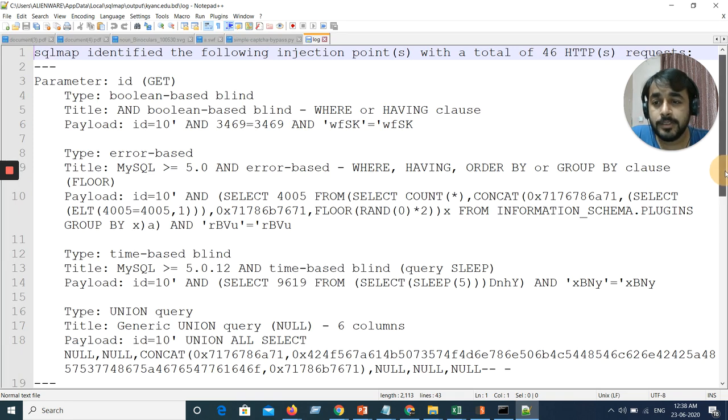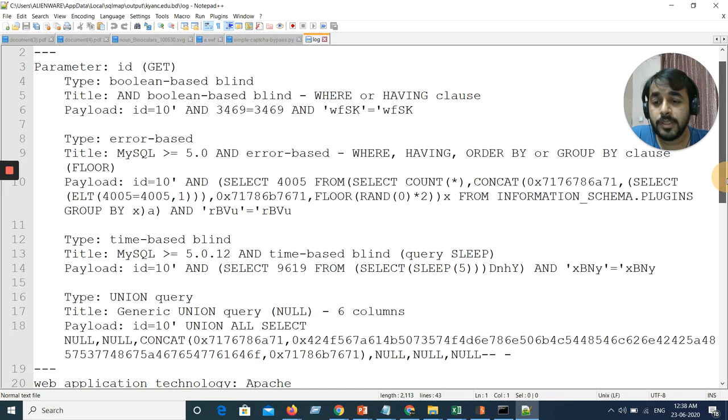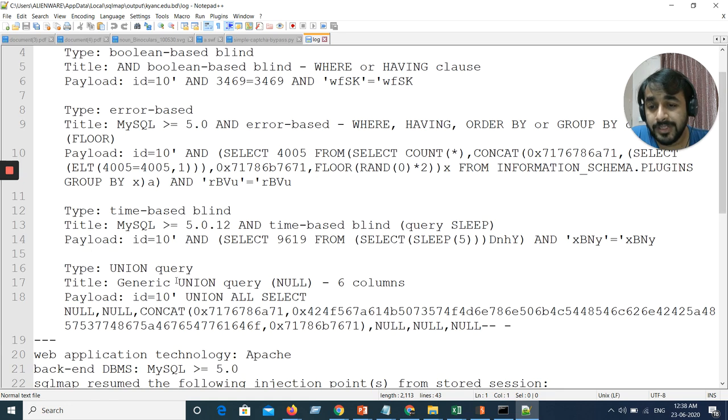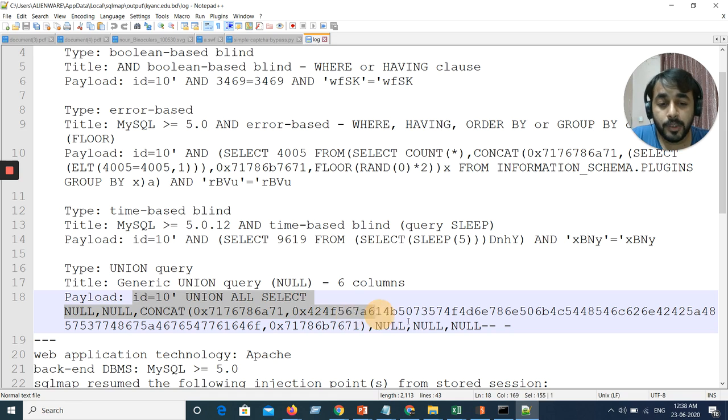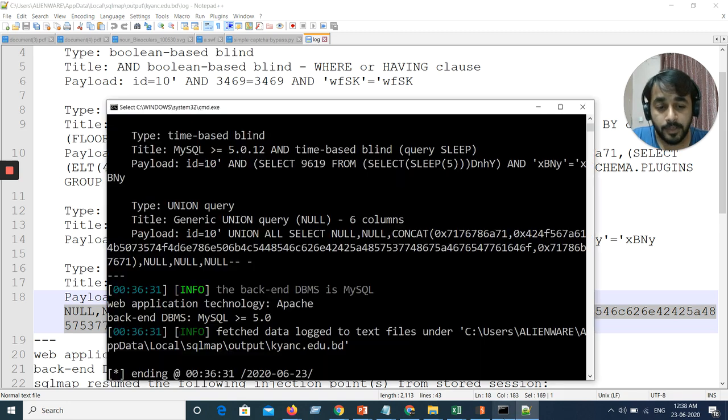As you can see, the different payloads are available over here, and we are going to select this union query payload. The same technique applies to all the payloads. So you may want to choose another payload, you can do that. The entire process is the same. So I'm selecting this entire payload, and I'm going to sqlmap again,